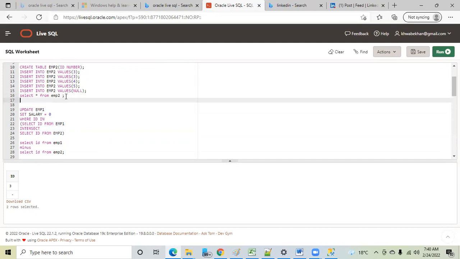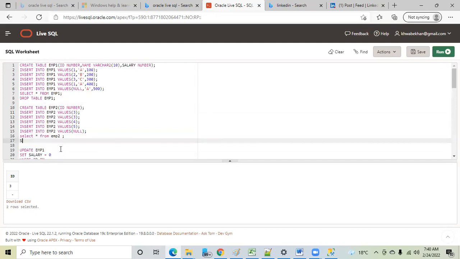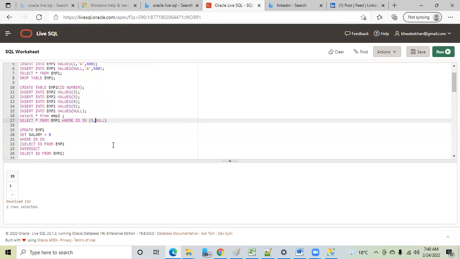No one can explain this? Shall I tell you the reason for this, or does someone who is thinking want to tell me? The IN operator is not considering null. Perfect. The IN operator doesn't consider the null record. Correct? For null, what do we use? IS NULL. That's all. Story finished.